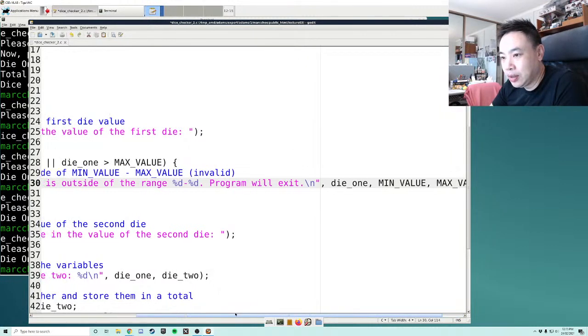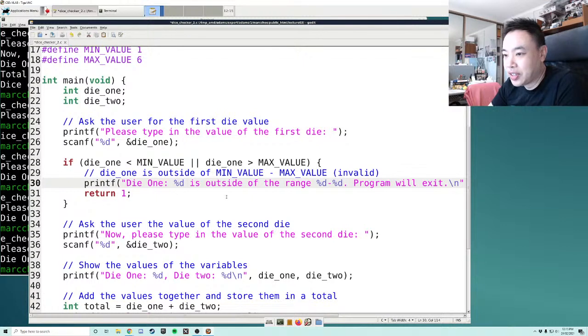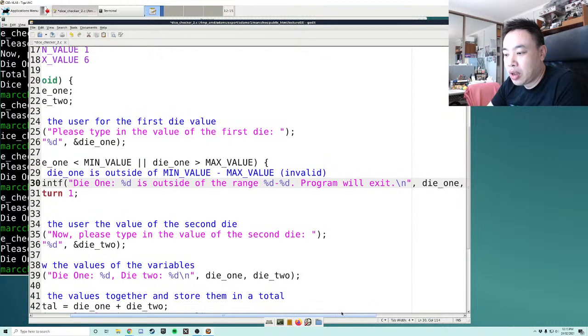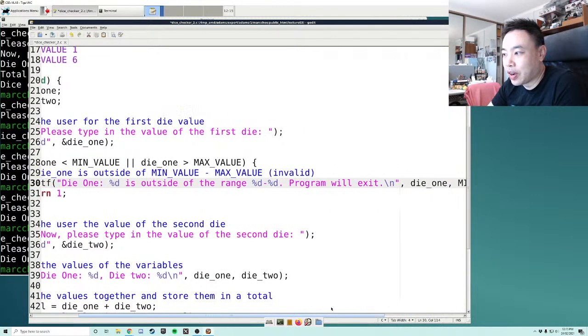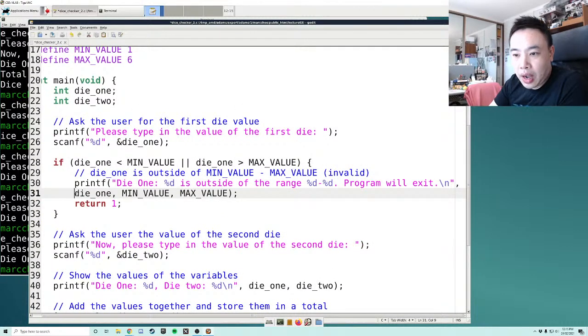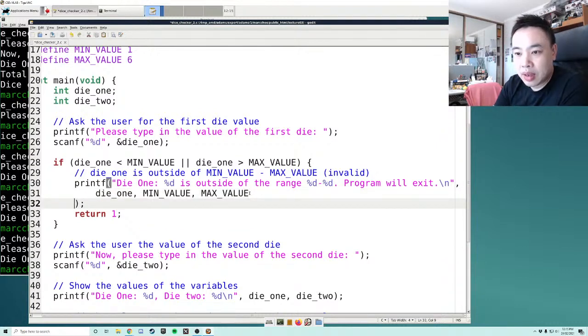It's not great for reading, because if someone's scanning up and down on this, they might miss the variables that we're using in that. So if I want to do something like a printf over multiple lines, I might do something like this. After the comma there, I might break this and then use the same indentation rules that I've been using with these brackets. So I'll go 4 spaces in here,